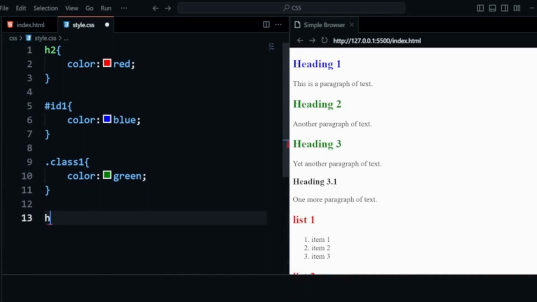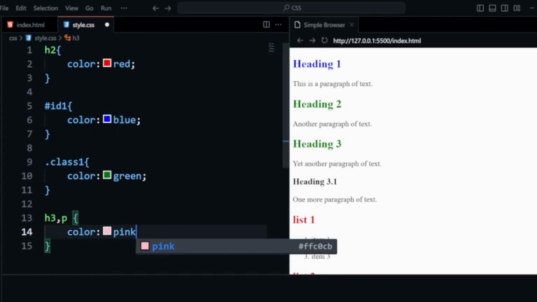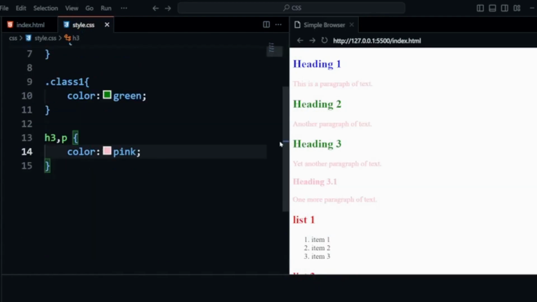I can write H3, then comma. I can select multiple elements, multiple IDs or multiple classes at the same time like this. And then repeat the element, and then obviously curly bracket, color pink. So all my paragraph colors are set to pink and my heading 3.1 is also set to pink this time.